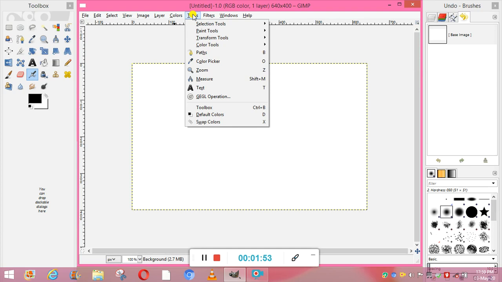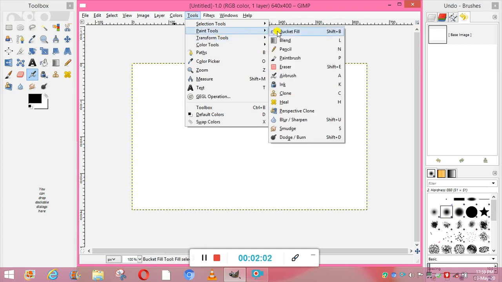That is also given in your book in figure 3.1. Now if you go to the paint tool, you will see bucket fill, blend, pencil, paintbrush, eraser, airbrush, ink, clone. So all these are the different types of tools which you are going to use for making different drawings. This is also given in your book, figure 3.2.